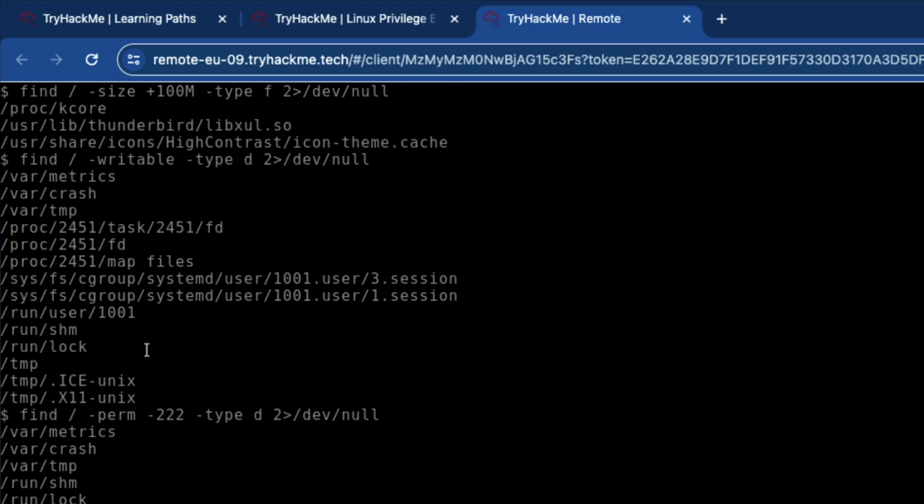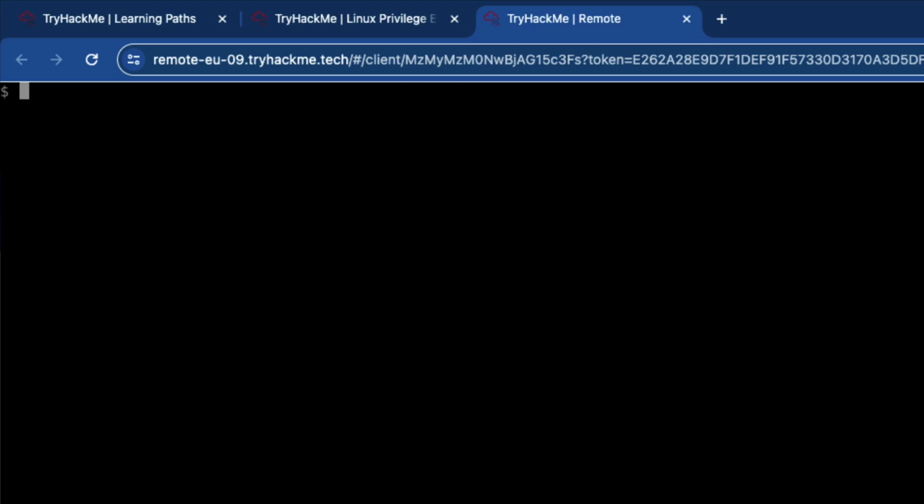That's very important. This is very, very useful, this little 2>/dev/null thing. When I found out about it, I was like, this is amazing, dude. So perm write type d and 2>/dev/null, nothing. We don't have anything in this particular user, and that's okay. So world writable folders is what we're trying to find, and it doesn't happen,